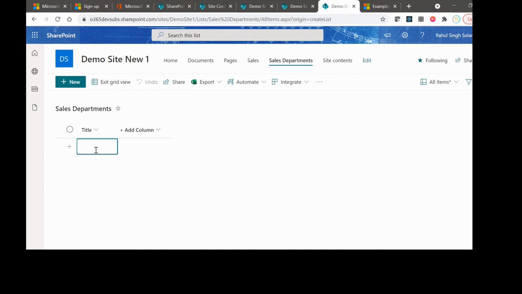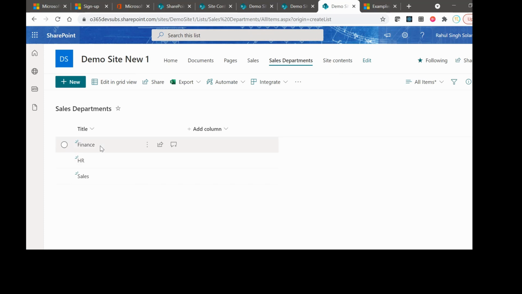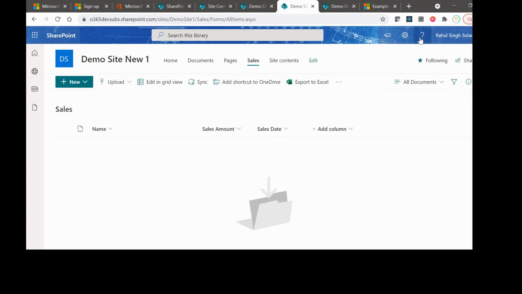Let's say finance. What else? So what I've done is I've created a list with 3 line items called finance, HR, sales. Now what I want to do is create a column in my sales library which will add one more column, and it will display these options here. So what I can do is go to the sales library,